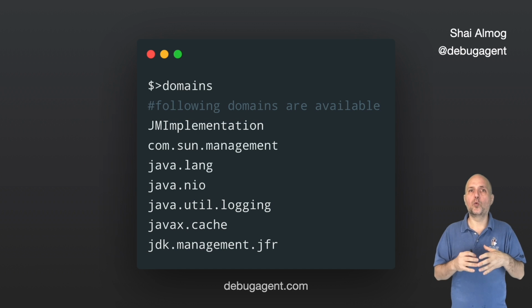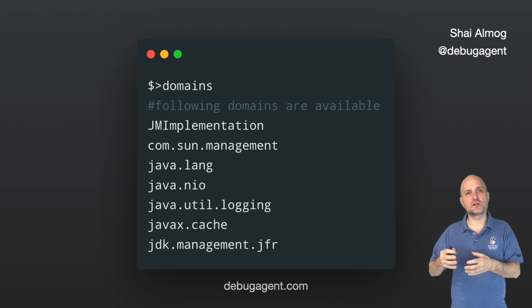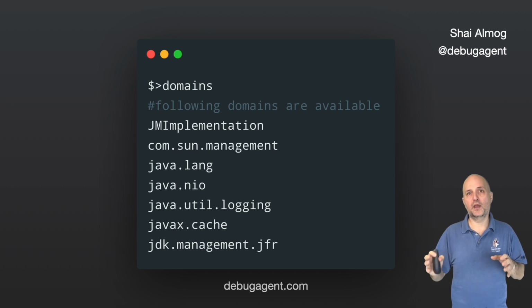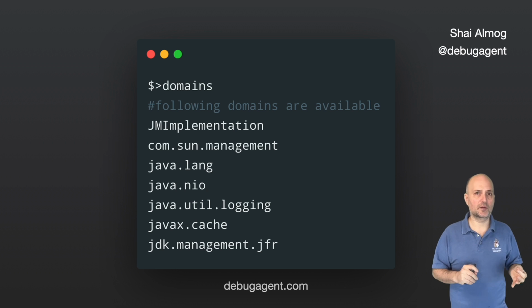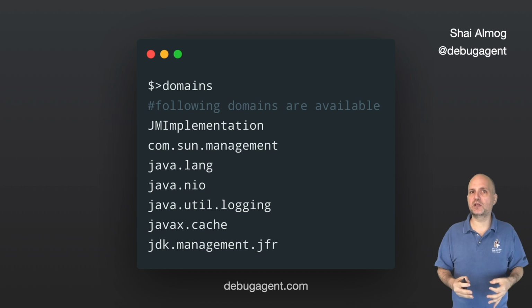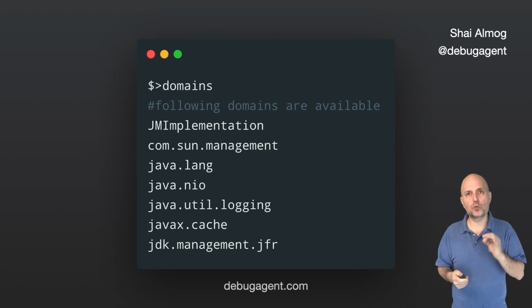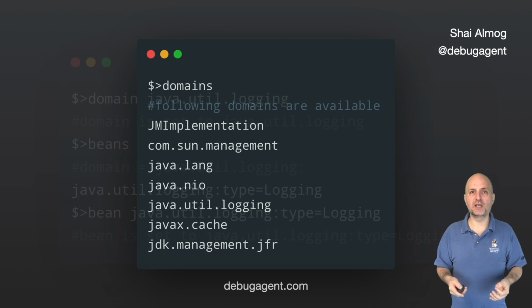Once connected, we can list the JMX domains using the prompt. We can then pick a specific domain to explore. A domain can be any string, but it usually corresponds to package names. Domains help us identify the group of beans in much of the same way as packages group classes together. This is where the visual tool is usually beneficial, as it can provide you with faster navigation through the hierarchy and quick assessment of the information.